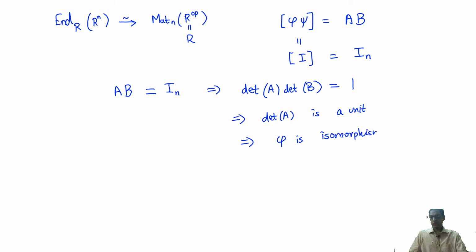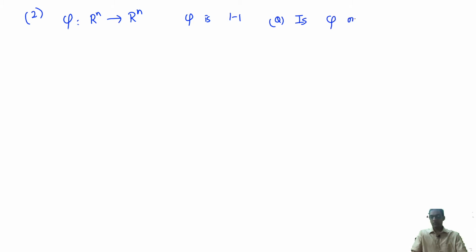In other words, it is also 1-to-1. Okay. So onto is enough to ensure 1-to-1 and therefore thereby an isomorphism. So this brings us to the obvious second question: is the same true if I knew that phi was 1-to-1? Okay, could I conclude that phi is onto? So I give you the same question. Phi is an R module homomorphism from R^n to R^n. Phi is 1-to-1. Okay, so the question is, does that imply onto-ness? In other words, is phi an isomorphism?